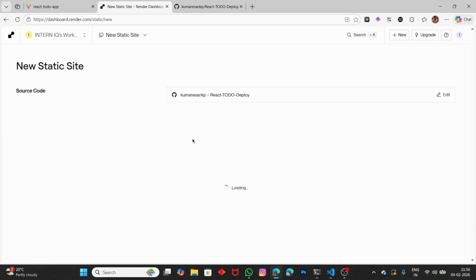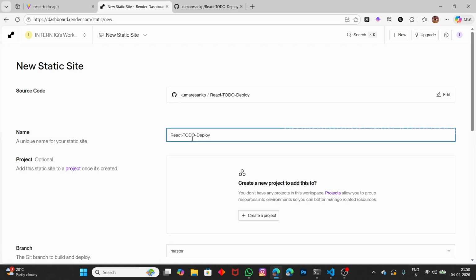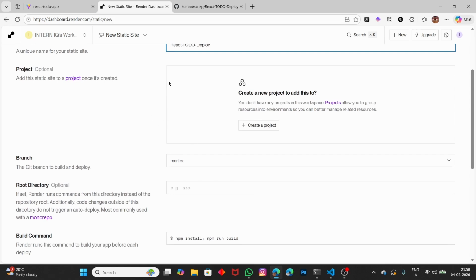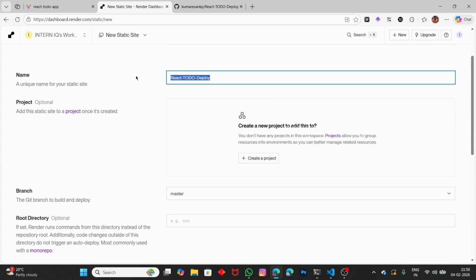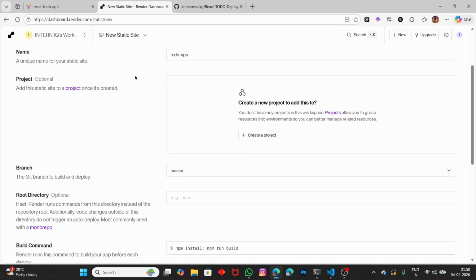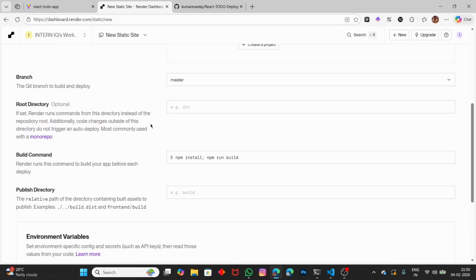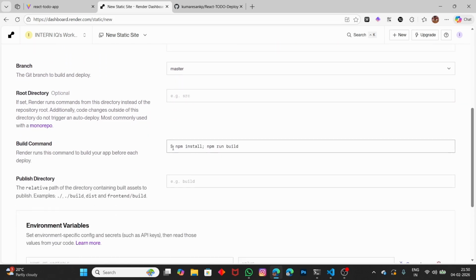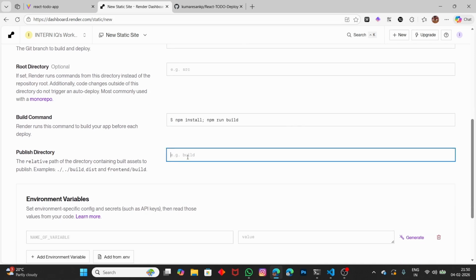Now it asks us to enter the configuration. The name will be React to-do deploy. I'm going to change the name to the app and let me scroll down. The branch will be master. The root directory is source. Consider the build command. Make sure you don't change anything here. The build command should be npm install and npm run build. So this is the build command and the public directory is